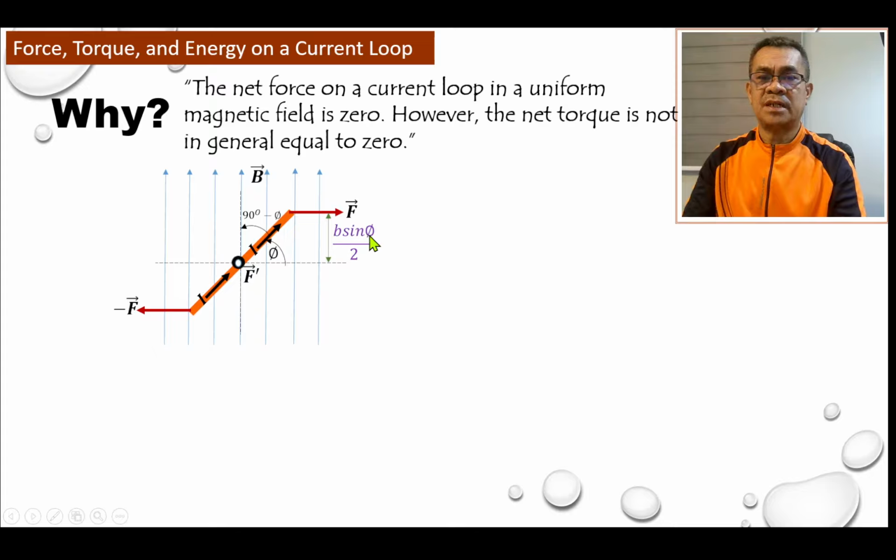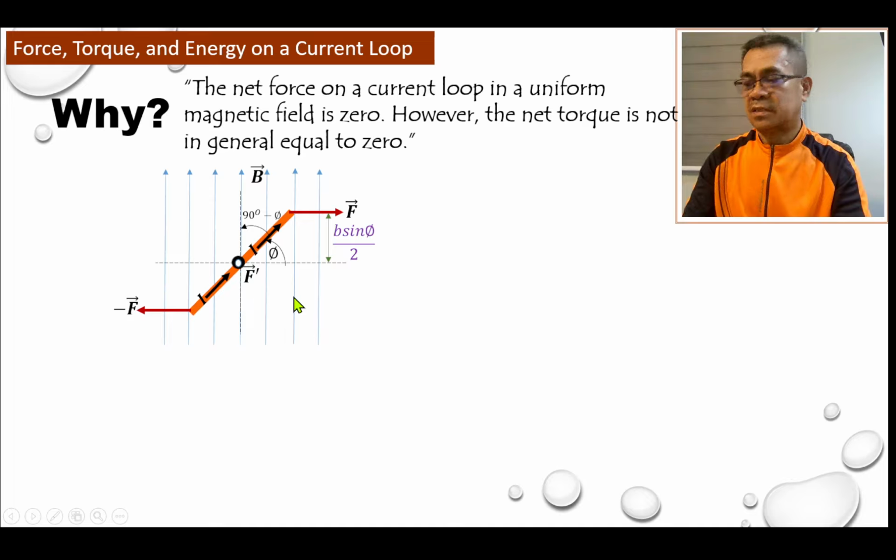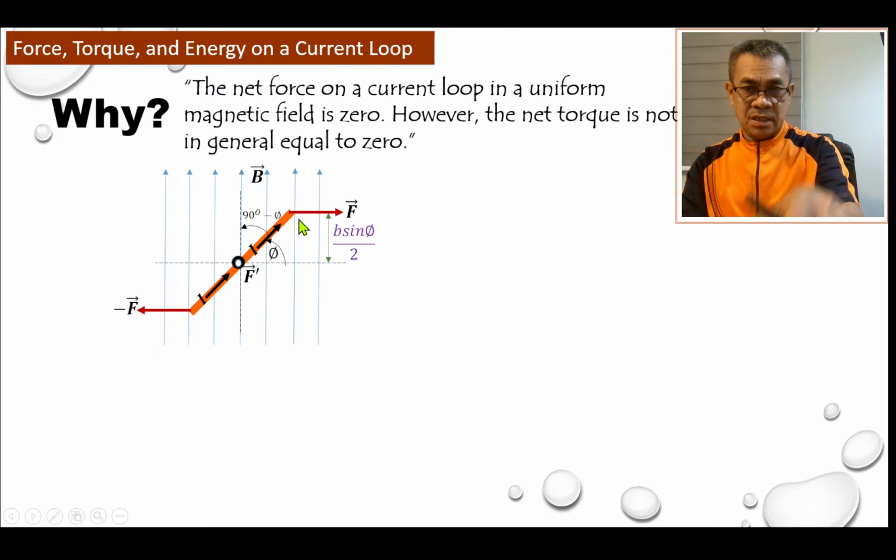The moment arm is b sine theta over 2. Why? Because the length of this is b and inward is a. Okay, so the cross-sectional area is a times b. Then this one is actually b sine theta. If you have this right triangle, this side here is b sine theta. Now, since it's one half, so b sine theta divided by 2. So this is now the torque arm of this force, and it will rotate in a clockwise